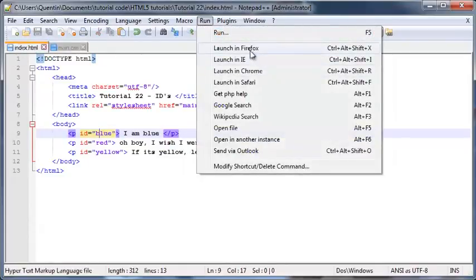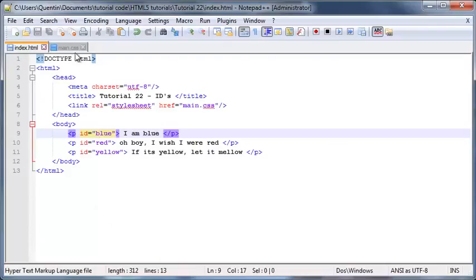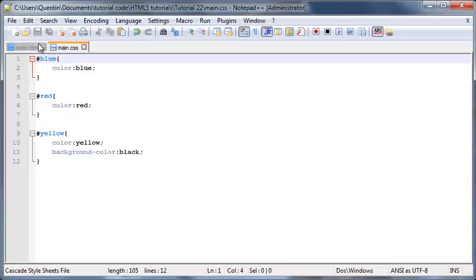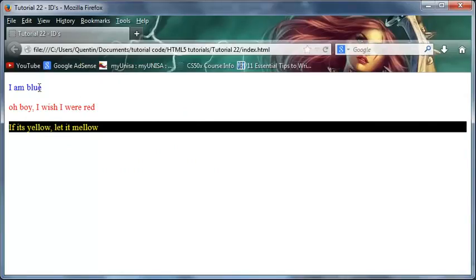So let's go ahead now and run this in Firefox, and as you can see, I've now been able to use these IDs over here to actually style all the paragraphs. So we've got our first paragraph being blue, the second one being red, and the last one being yellow with